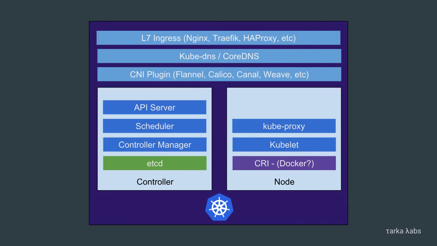So to that effect, they have a database called etcd. Now, etcd is a very interesting database because it provides distributed fault tolerance. That means you can start etcd on 5 nodes, and as long as there are 3 nodes available at any point in time, you can guarantee that the answers you get will always be consistent, and the writes you do will always be consistent. So it provides a distributed fault-tolerant store,